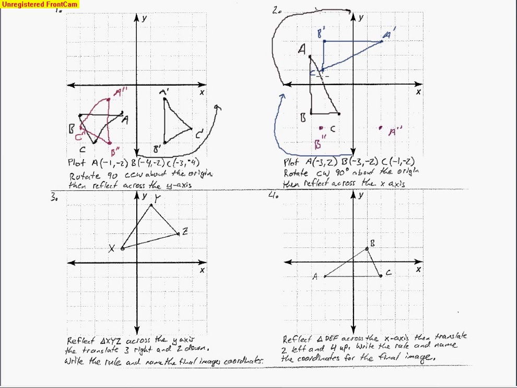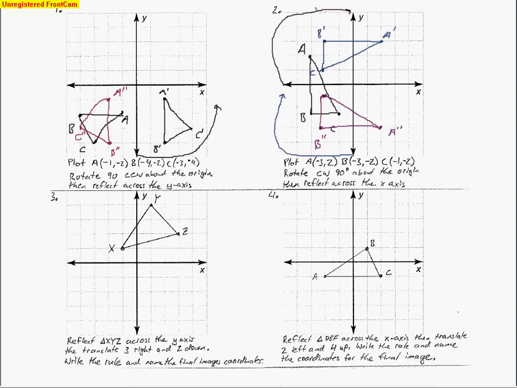And C is just 1 space from the x-axis, so 1 space on the other side. And so we'll go ahead and draw those points in there. And that's what we should end up seeing. So the one in red is the final image. Now we've got some other